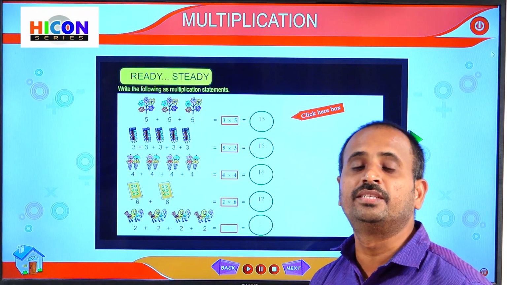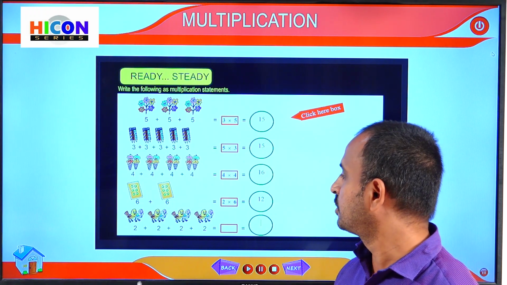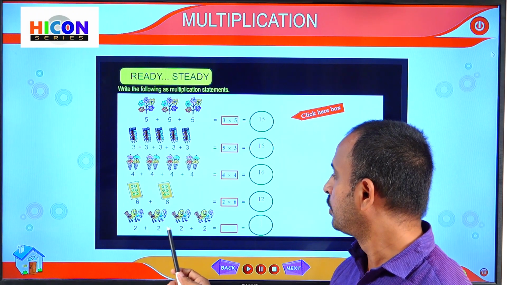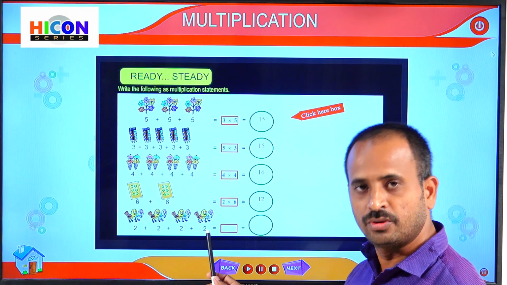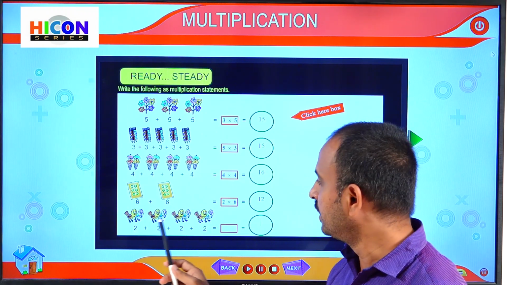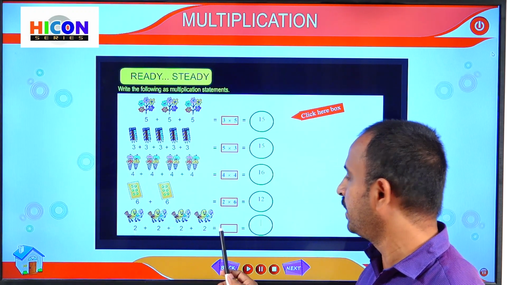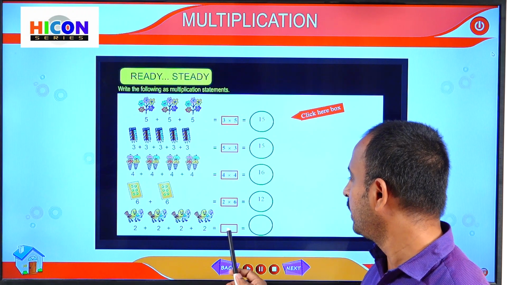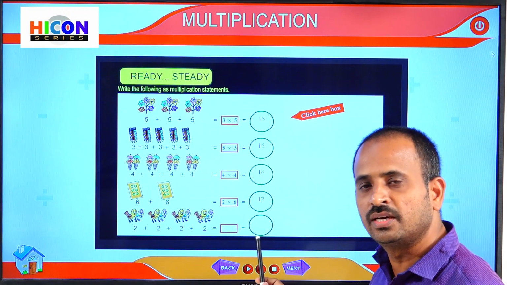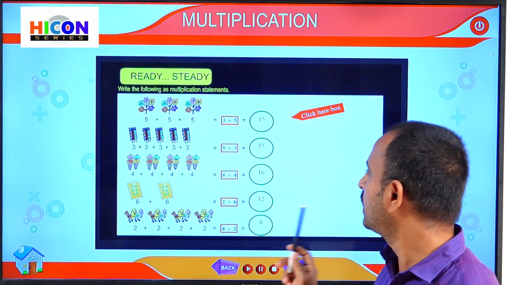And in total how many chickens are there? How can we get the total number of chickens? Just by adding 2, 4 times. So 2 plus 2 plus 2 plus 2. That is, we have to add 2, 4 times, that is 4 times 2. That 4 times 2 can be written as 4 into 2. Children, how much are 4 2s? 4 2s are 8. So write 8 here. That is 4 2s are 8.